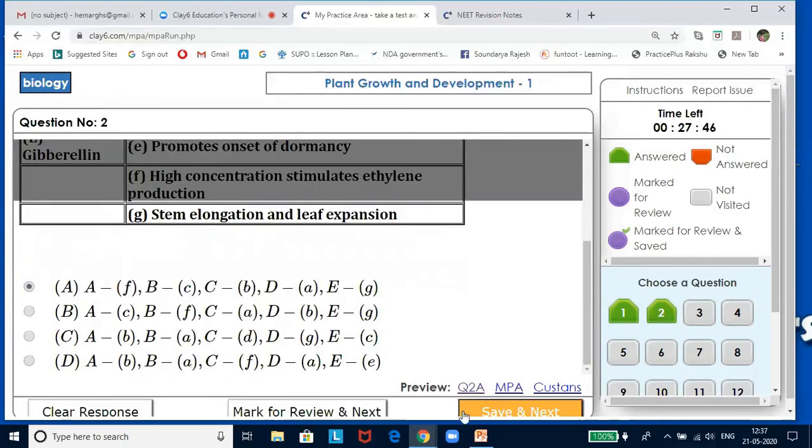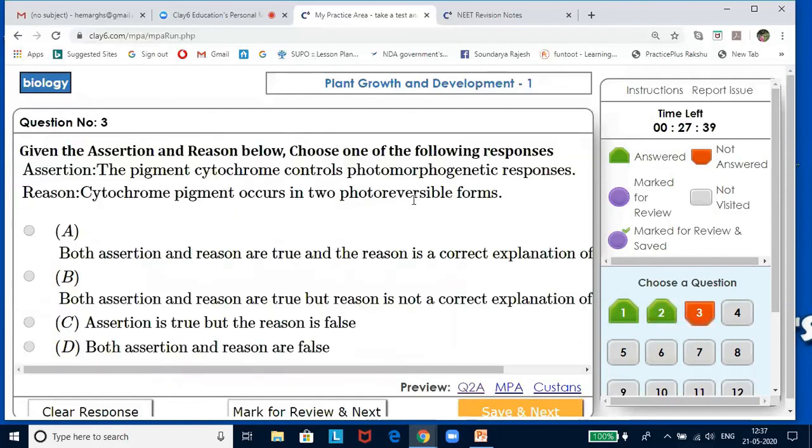When cytokinin is applied to the plants, it induces senescence. Now, cytokinin promotes the formation of proteins, chlorophyll, and nucleic acids. No. Here both are wrong. So both assertion and reason are false.